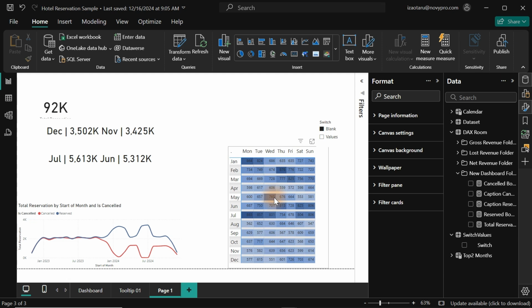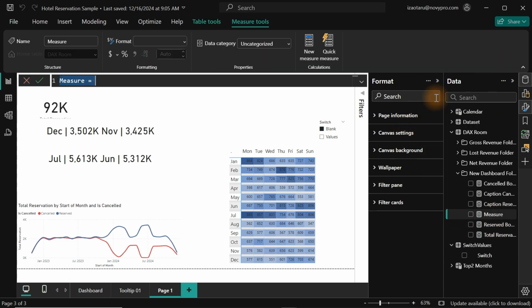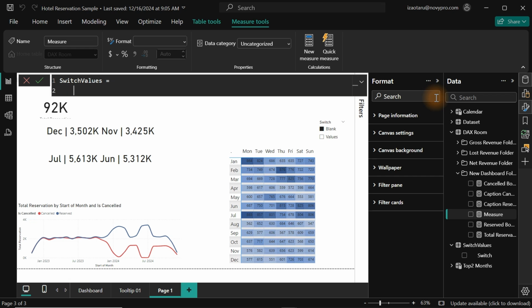Before we do it, we want to have two colors for the text, dark color and white color. So we just have to use two buttons to get it done. So now we have to write a new measure. Inside this particular measure right now, I'm going to call it switch values. So once I'm done, the next thing I have to do is to make sure I create a variable here. And what am I going to do with a variable? This variable will actually do